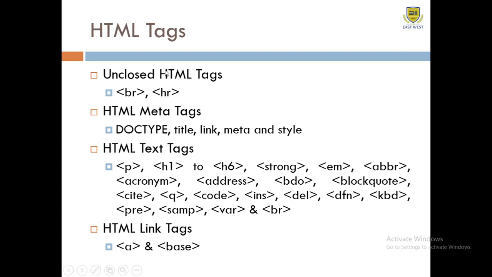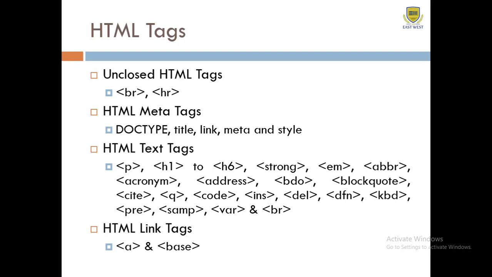The first set of tags are called unclosed HTML tags. The BR tag is there, as well as the HR tag. BR stands for break line. If I am writing content like a paragraph, it will definitely go to the next line to print the next content used in different paragraph stacks. Similarly, if I write an element using a heading and then write another element using a different heading, that will also keep a line break, because they are different headings.